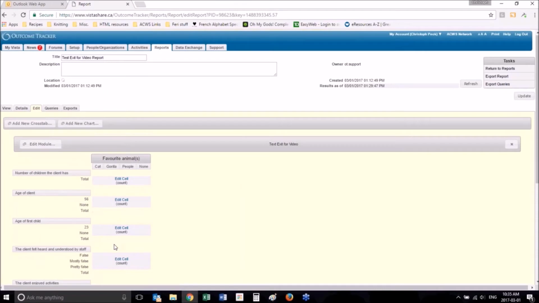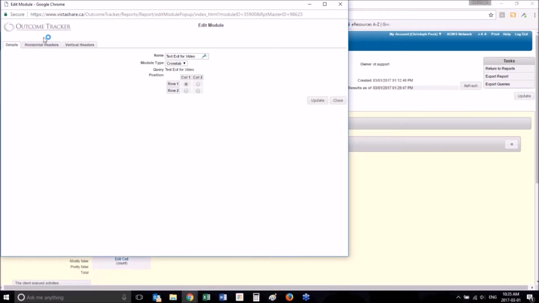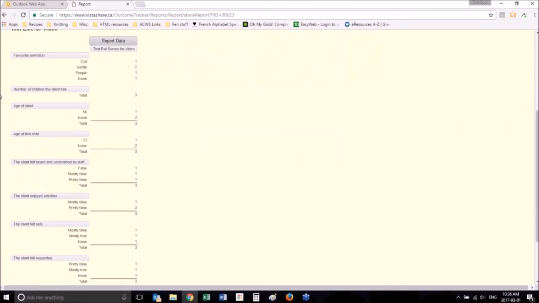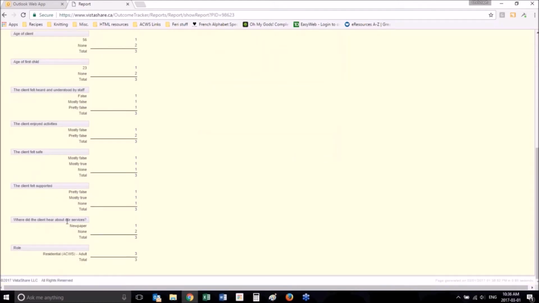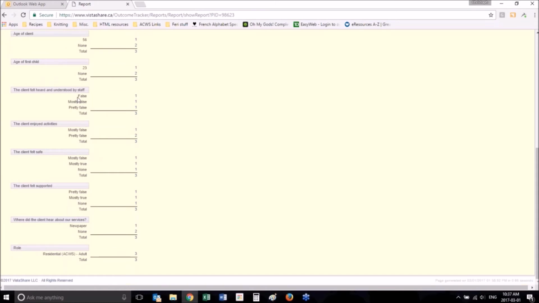And now it has a total. I'm going to change favorite animals back to enrollment activity description. Let's say you were interested in knowing how the client heard about your services broken down by whether or not they felt understood by staff. Let's say you suspect there's a correlation between people who don't feel understood by staff and people who hear about